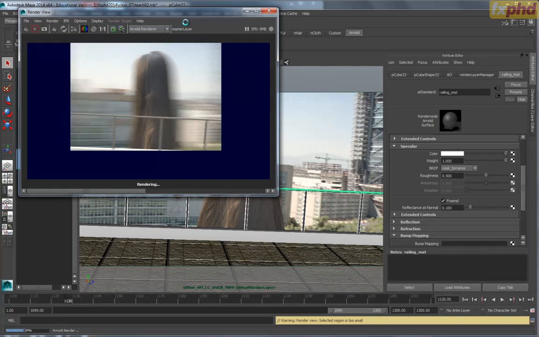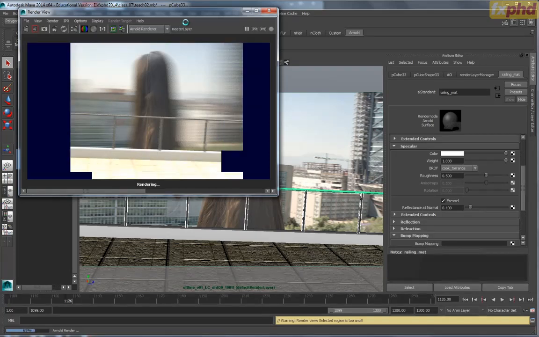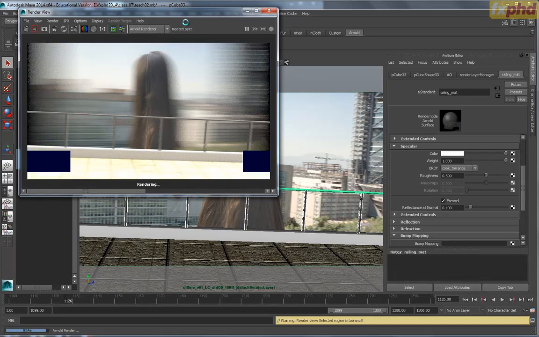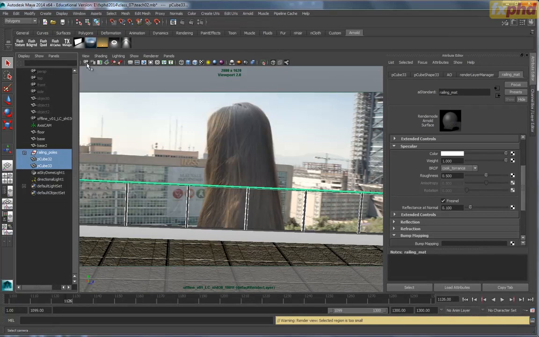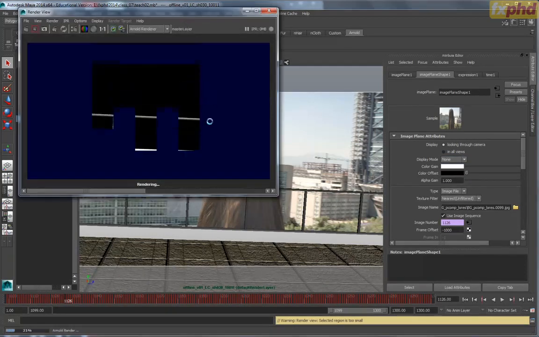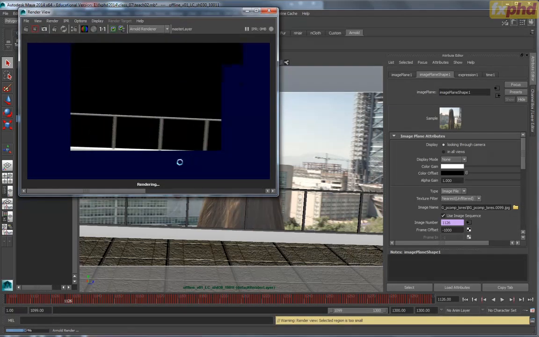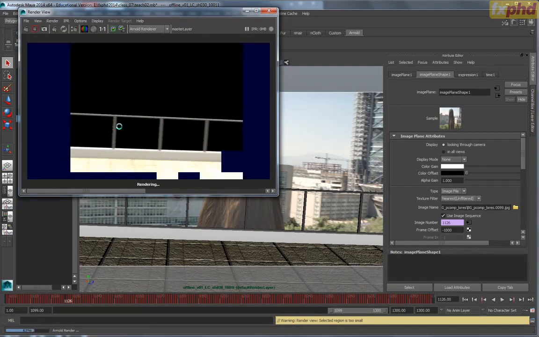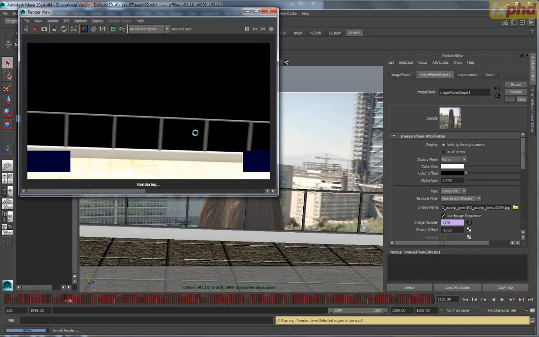And you know, it's funny because it's applying motion blur also to the image plane of the background. So that is feeling pretty nice. Let's go and select the camera and turn off the image plane there. And now you can see the motion blur there. And that bit of graininess is not bad either, actually, when you see it in the comp. And that's good. So all we need to do now is do a test render at half res and also